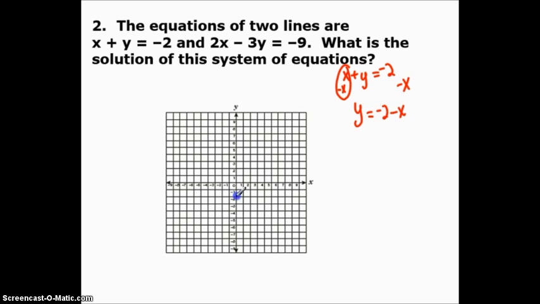Okay, so the negative 2 tells me where I'm going to begin. So I come down 2 on the y-axis. Negative x, well, that's negative 1 over 1x, so I'm going to go down 1 and to the right 1. I can continue that on for a little while, and returning the other direction. All right, then I want to put this other line, 2x minus 3y equals negative 9,